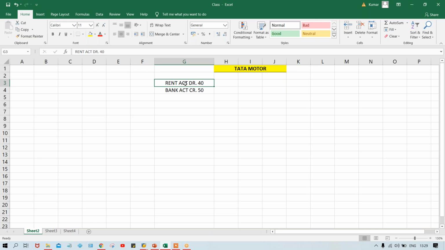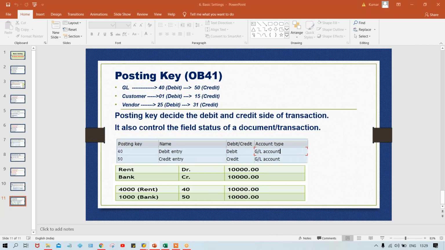What kind of control is there, guys? The control is, look here, it controls the field status of a document, the so-called transaction. I told you, guys, the transaction is called a document. So it controls the field status of the document. Now this is very confusing,